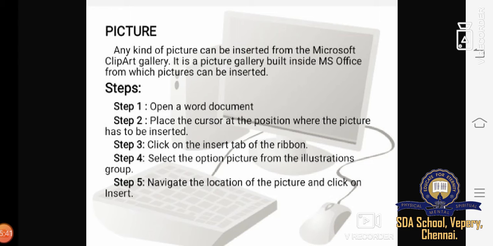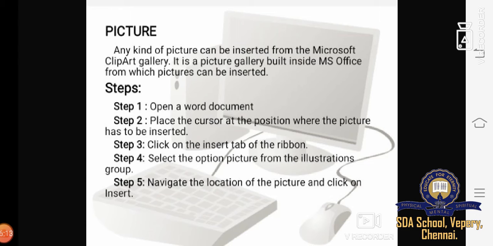Any kind of picture can be inserted from the Microsoft Clipart Gallery or from a file. Microsoft Clipart Gallery is a picture gallery built inside MS Office from which pictures can be inserted. Whatever picture you want, select that picture.